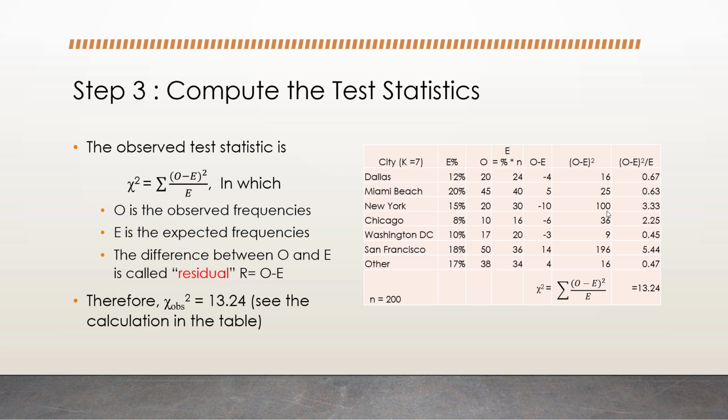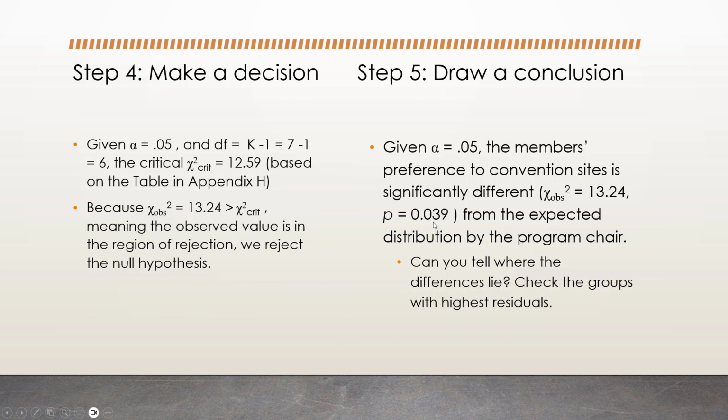Repeat the same steps for the other categories and sum the ratios. The observed chi-square test value is 13.24, and the p-value associated with this chi-square test value is 0.039. With alpha equals 0.05 and the degrees of freedom k-1 equals 6, we can look up the critical chi-square value from